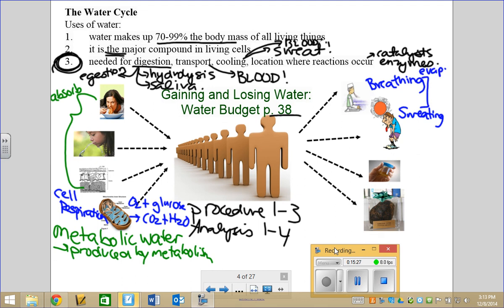And I want you to not forget that animals are not the only things that lose water. If I was a plant, there is something called transpiration, where water leaves the leaf of a plant through a tiny opening called a stomata. And so plants lose water to transpiration, which is the equivalent of breathing and sweating for a human. The other two ways you lose water are through urine and feces, so your waste products.